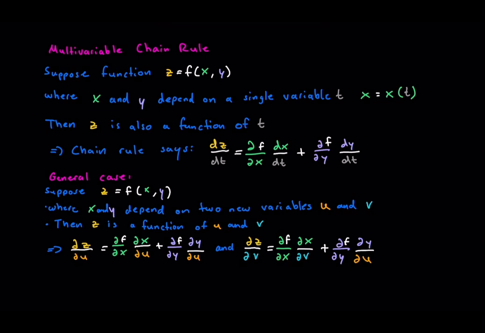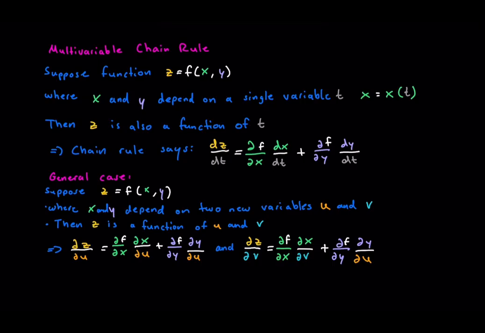Now for the general case. Suppose z equals f of x and y again, but x and y depend on two new variables, u and v. Then z is really a function of u and v. The chain rule says partial z/partial u equals partial f/partial x times partial x/partial u plus partial f/partial y times partial y/partial u. And similarly, partial z/partial v equals partial f/partial x times partial x/partial v plus partial f/partial y times partial y/partial v. Each derivative of z with respect to an outer variable is a weighted sum of all the ways the inner